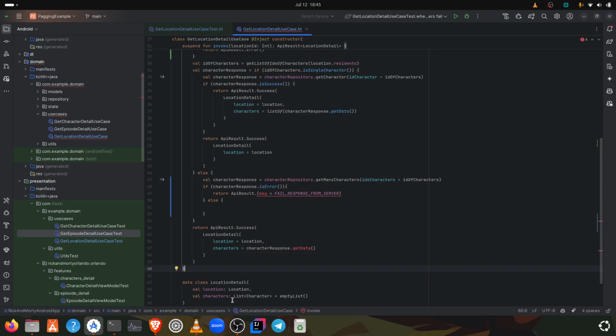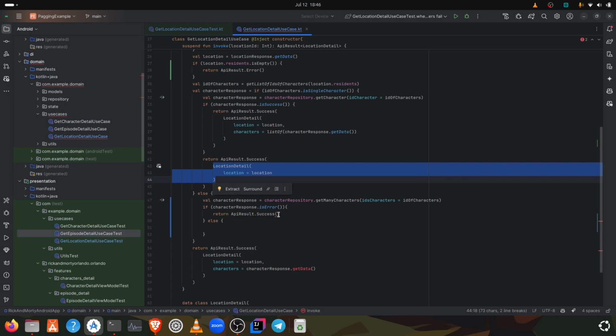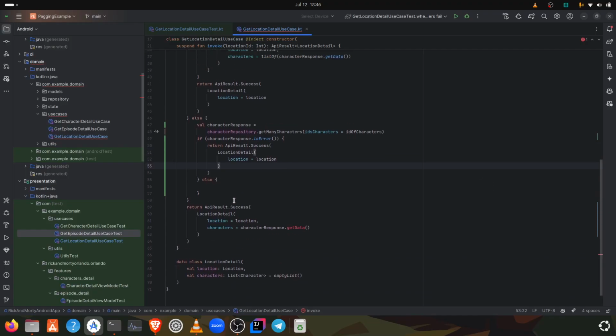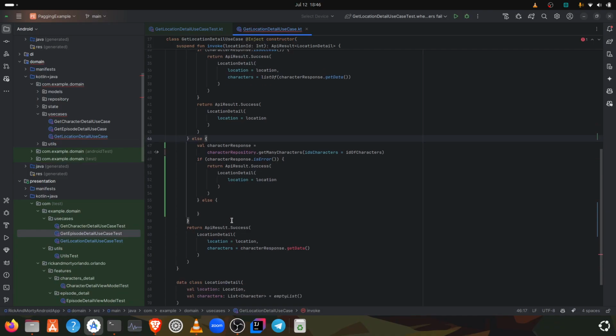If location succeeds, all the responses are gonna be success even if this service doesn't respond. Okay, now here we have to call success, and we only pass a location detail with this location. Okay, like I said to you guys, it will be really bad code that I need to improve, because look at this code, it's a Hadouken, it's really bad. And in the other scenario, we're just gonna return